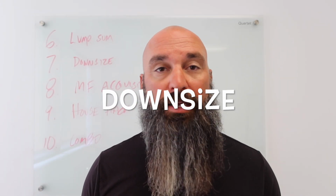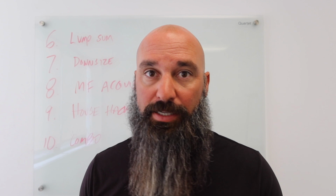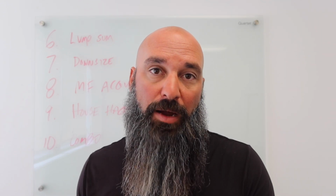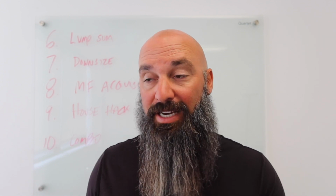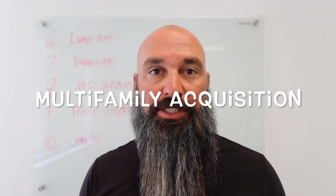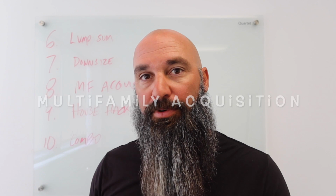I know a lot of people got into mortgages and they're a little nervous right now, especially with insurance hikes and everything. So you might be able to, if you have the opportunity, downsize out of that home and even go into a 15-year mortgage instead. Number 8 would be a multi-family acquisition, where you could actually live on one side, rent the other side out,